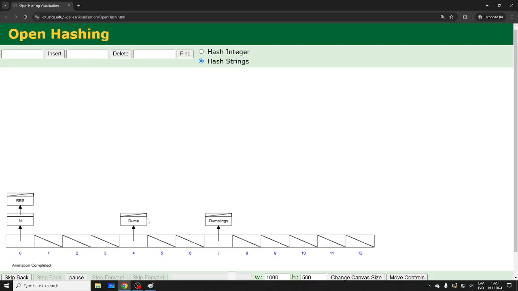So, the idea is even dumplings are tasty. Let's try this one. Dumplings are tasty. Oh, I can't even do it. There's a limit apparently. Okay, let's try dumpling. Look, no hands.